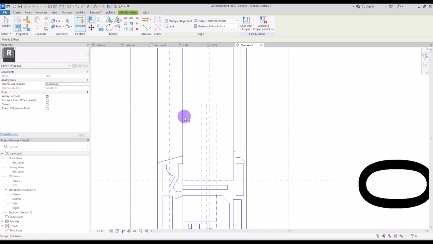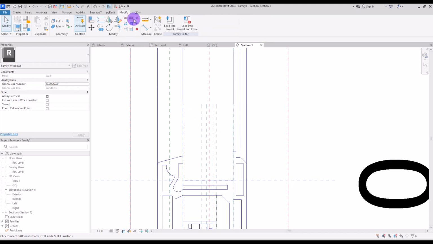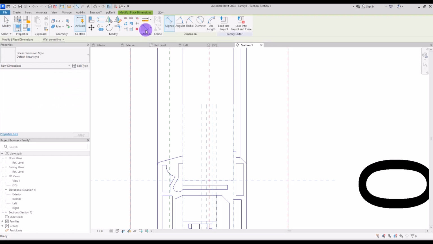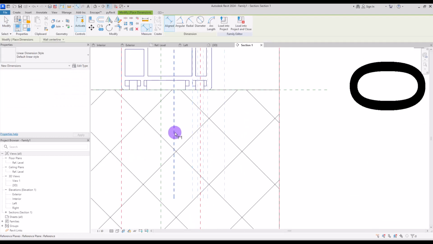Now I'm going to align this part. This is where we are going to have the glazing, this part with this reference line, and lock it. And also the next glazing will be from this point, so I'm going to align that with the other one and lock it. For these, I will use this aligned dimension and I'm going to set them exactly in the